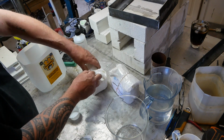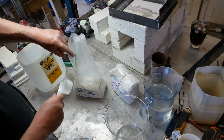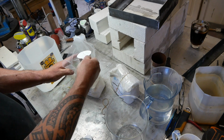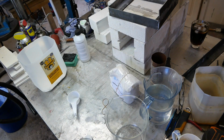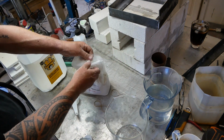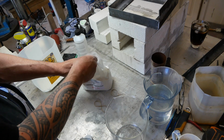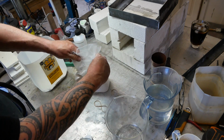And it's going to be 2/3 of the zirconium powder to 1/3 of the porcelain powder. I just got these from a pottery supply company. It wasn't hard to find. There, that's 2/3 to 1/3. Now,